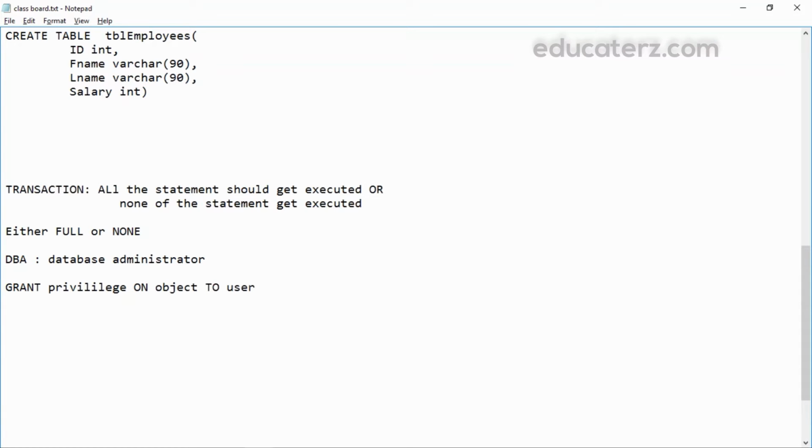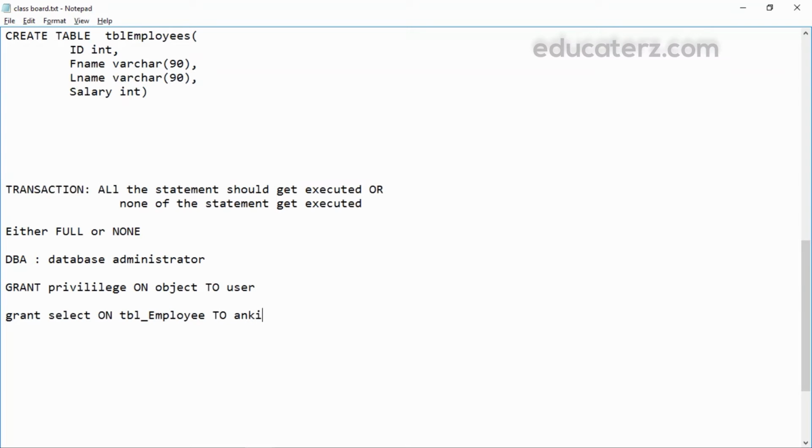This is the syntax, and for the example, let us take grant. Privileges means the commands, whatever commands we have: select, insert, update, whatever it is. Let me take select on object, meaning the table, suppose the employee table, and user, whomever you want to give, you can give that username.